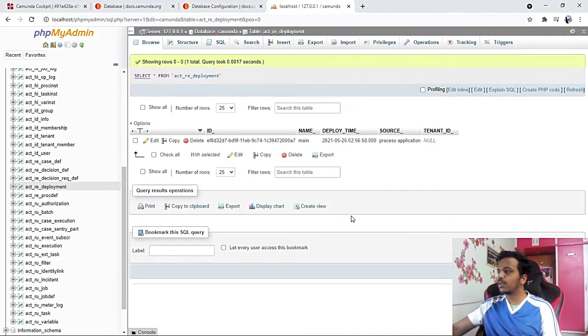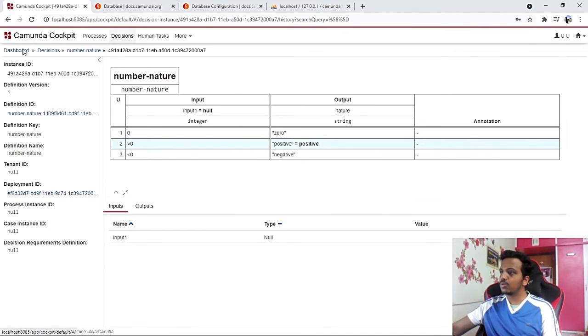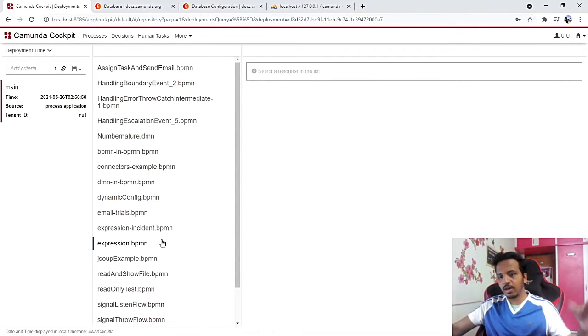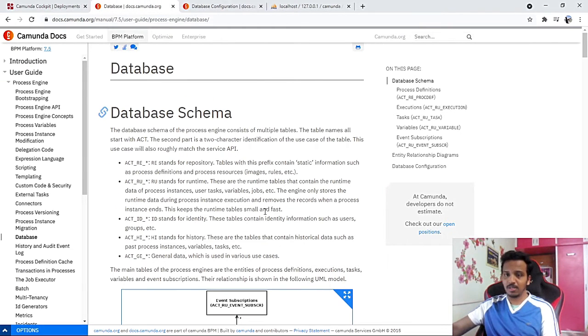If I click on that, I can see, okay, only one deployment. Let's go to the dashboard and go to deploy. I can see one deployment. So it's basically static data around Camunda we can see in the RE tables, which are repository tables. I hope this is crystal clear, and whatever I told just now, everything is present in this page. Again, I'll put this link in the description.